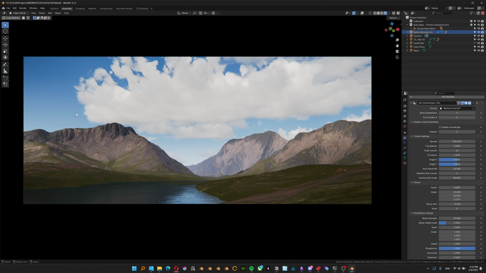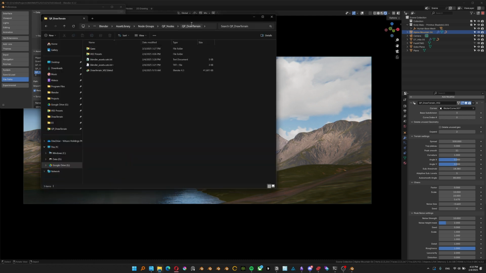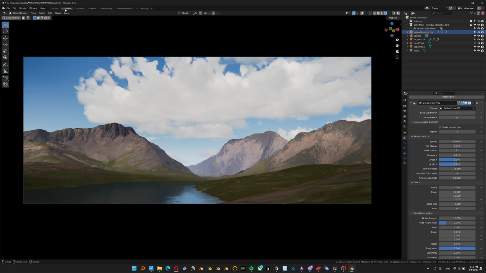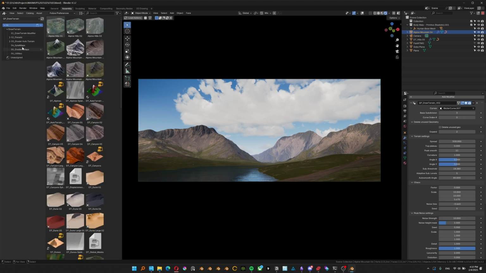I will start by showing you how to install it because I get a lot of questions. DrawTerrain is an asset library, so you don't install it via the add-ons, you install it in the file path. Basically the only thing you need once you've downloaded it is to unzip the DrawTerrain folder in your library, wherever it is, and then point to that folder in your asset library. Once this is done, when you go into your asset browser, DrawTerrain, you will see all of this